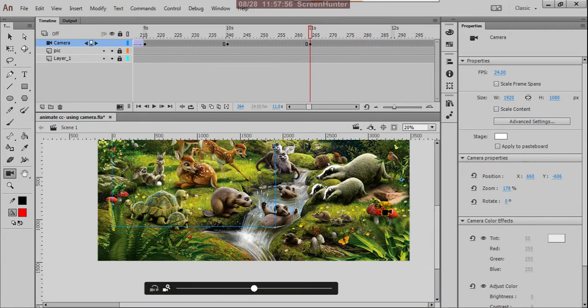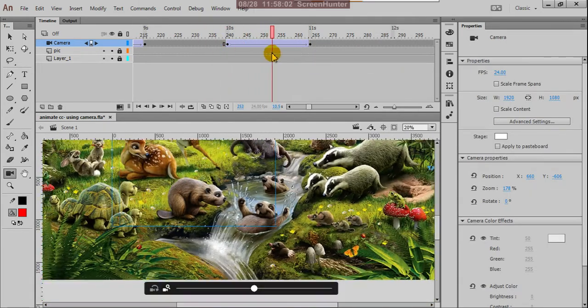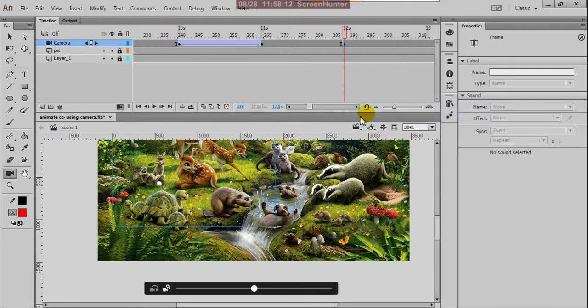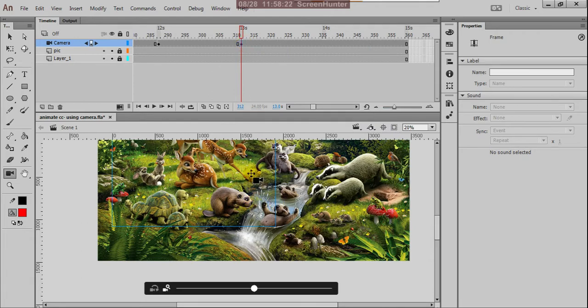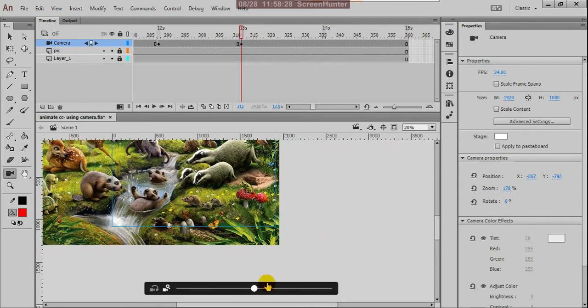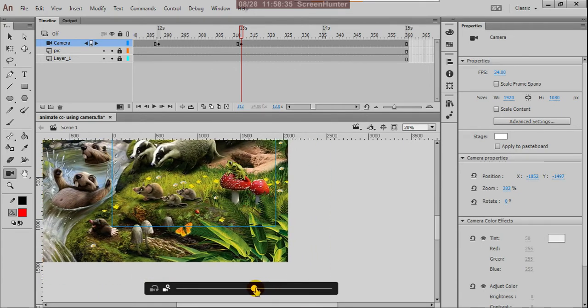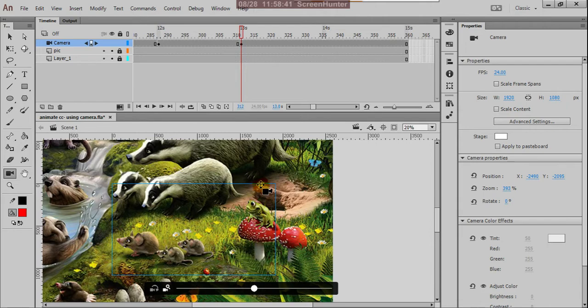Yes, here I'll end the camera, right? So here create classic tween, so here to here, zooming out, and next you can insert a keyframe, then here insert keyframe, then what we do, we focus here, we more focus on this, because now we are taking this into